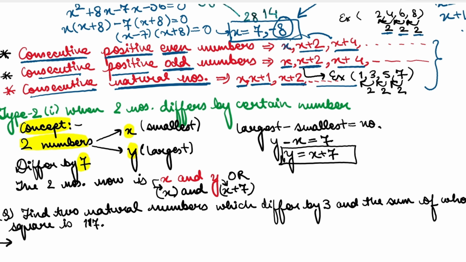Since they differ, so differ मतलब दोनों एक दूसरे से वैरी कर रहा है, तो कोई एक नंबर छोटा होगा और कोई एक नंबर बड़ा होगा, ओके। तो डिफरेंस में हम क्या करते हैं, डिफरेंस में we do it as largest number minus smallest number, okay, is equal to that number. अब क्योंकि हमारा largest number यहाँ पे है y और smallest number है x, okay, so we'll substitute largest में y और smallest में x, and the number जिससे वो डिफर कर रहा है 7, सो हम 7 यहाँ पे सब्स्टिट्यूट कर देंगे, ओके।